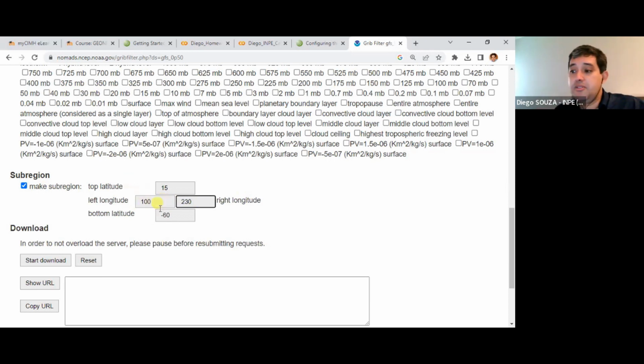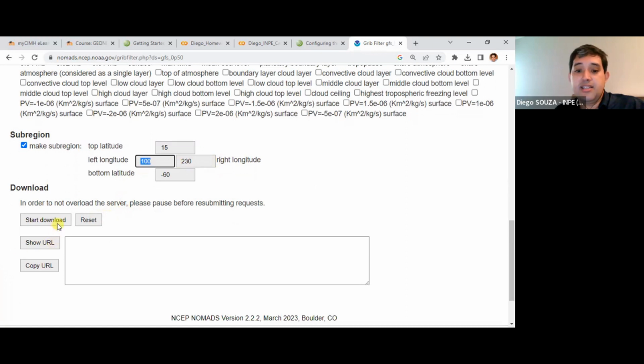And here's what I would like you to note: longitudes, you need to insert with values between 0 and 360 degrees. That's important to understand because we will need to introduce the longitudes that way in our scripts, right? And if you click at start download,